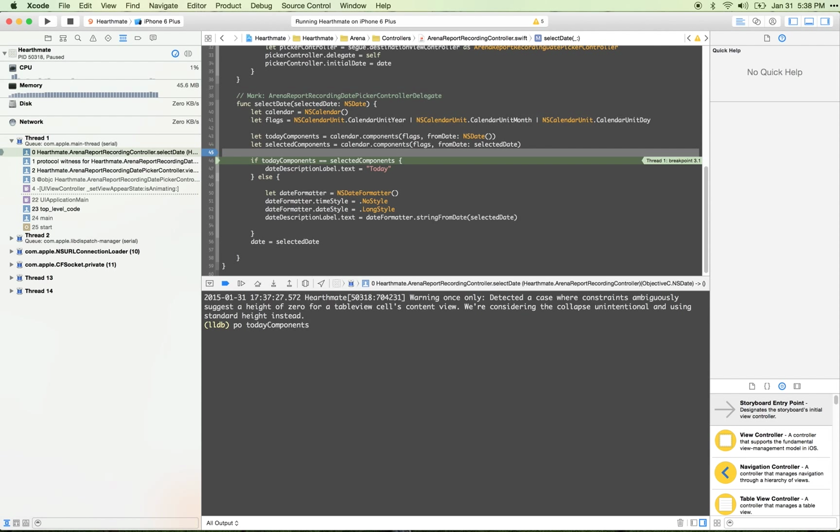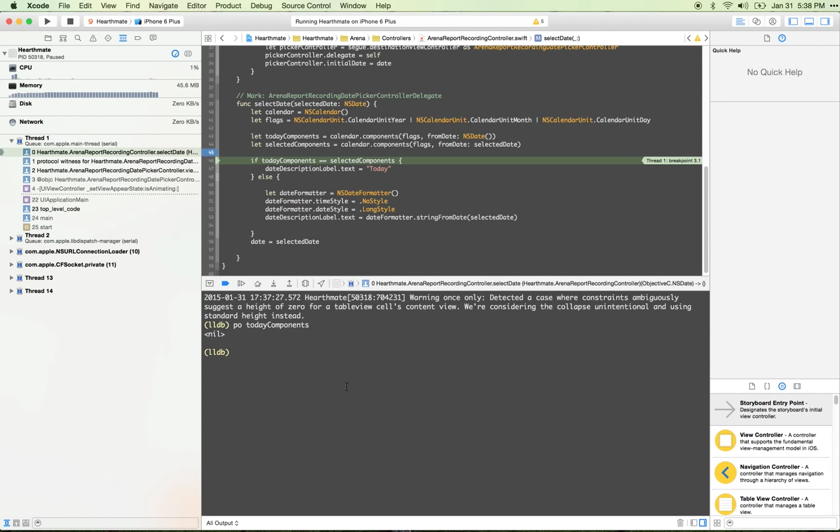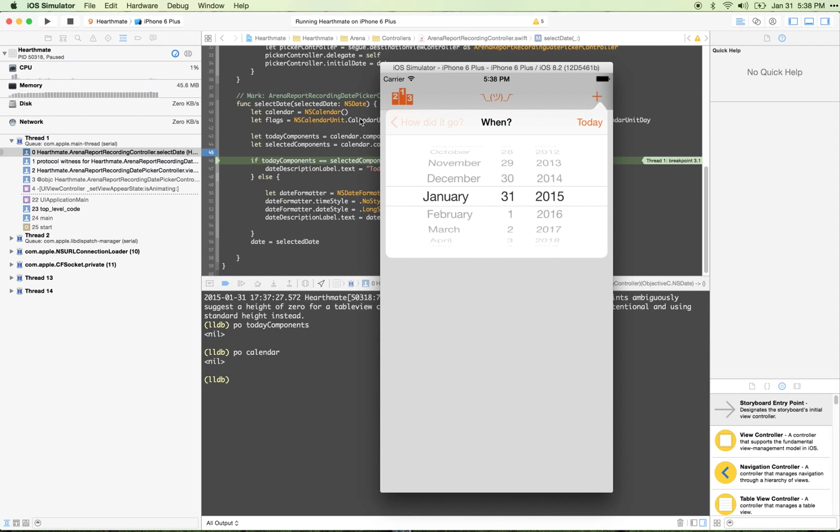What is it? It's really slow because it's nil. Sure, it's nil. It is calendar nil. It is. What happened here? Am I doing this wrong? How do you